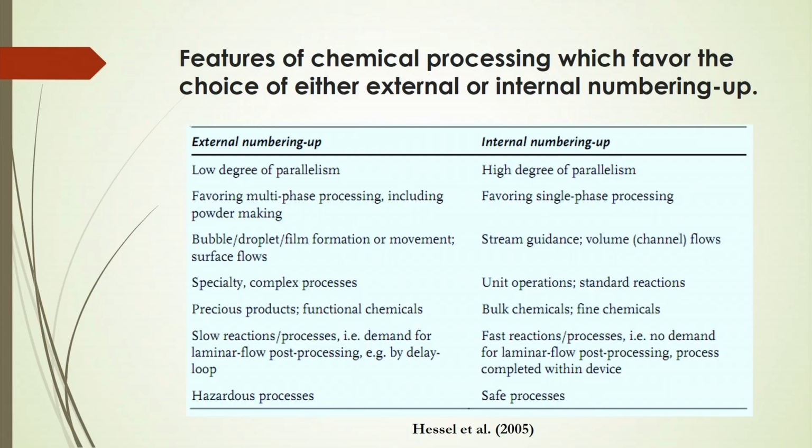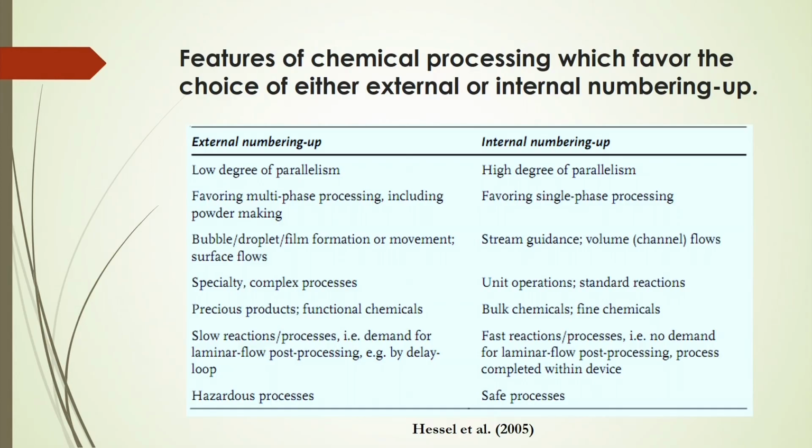In that case, bubble, droplet, film formation or movement, and surface flows are some of the features. Specialty, complex processes will be there, and also sometimes the products will be very precious, and also there may be